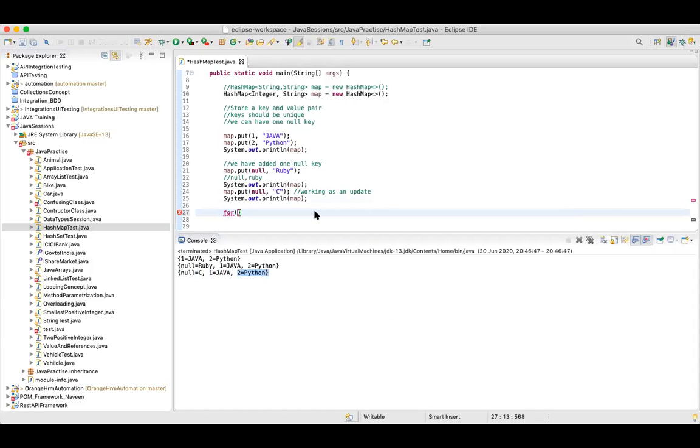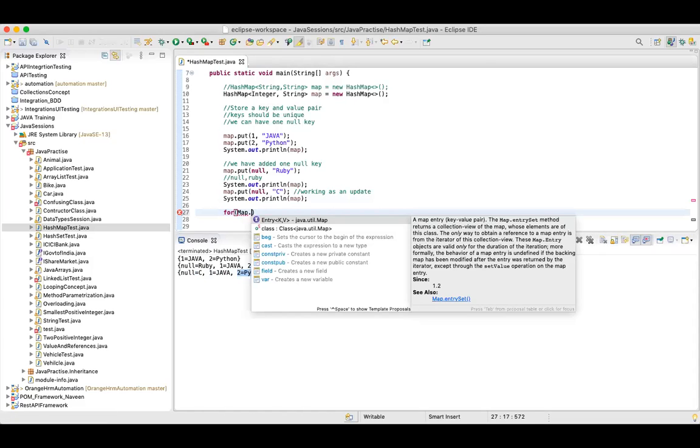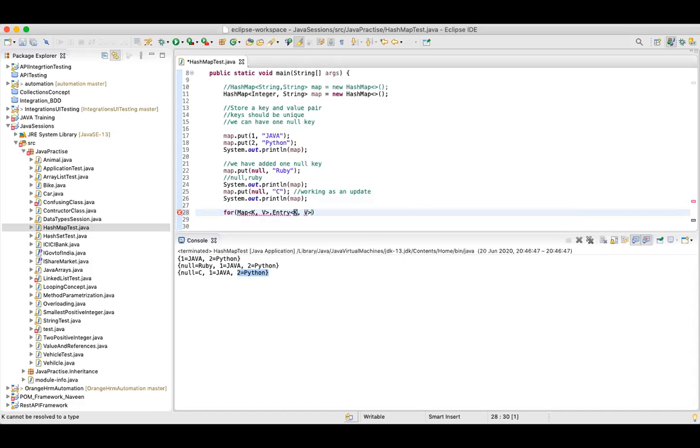To print that, since we are dealing with the Map interface, this HashMap is from the Map interface, so we have Map.Entry. Actually, guys, if we want, we can specify the types, or if we don't want, we can ignore them. What is the data type of my key? It is Integer, right? You can ignore this, but let's write it for safety. And the value is String. So for Map.Entry with Integer and String, I'll create a reference variable, say m.